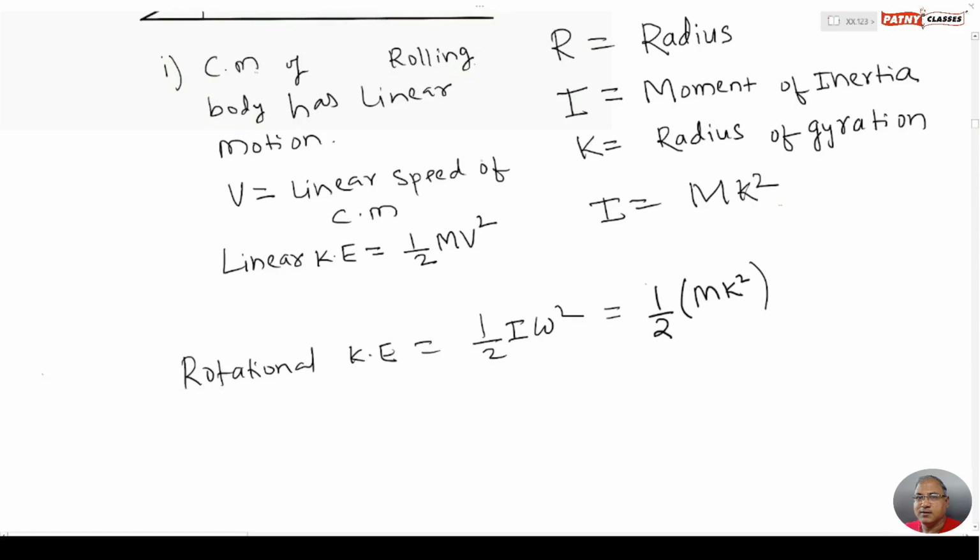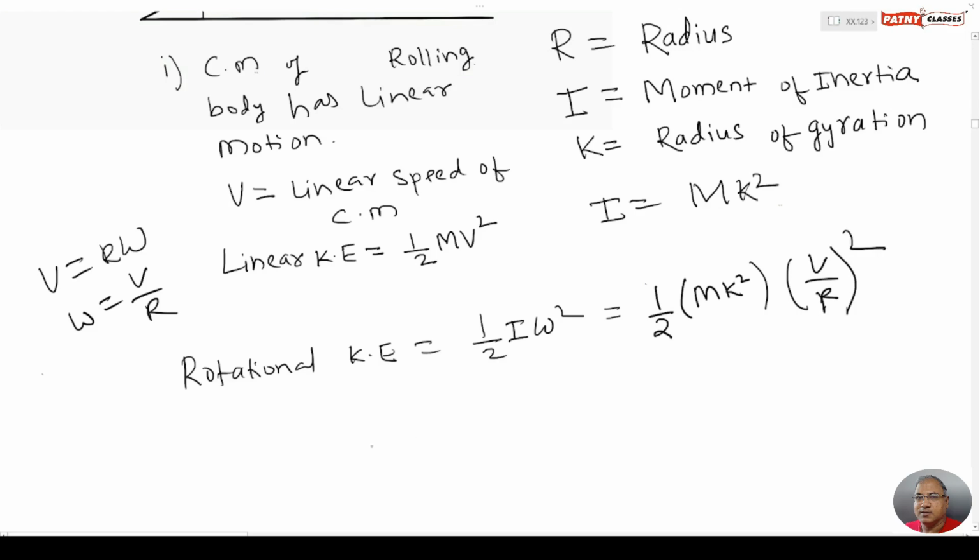Suppose v is the linear speed of the center of mass, then the linear kinetic energy is given by half mv square, and it is rolling down, so it is a rotational motion. When there is a rotational motion, there has to be rotational kinetic energy. So rotational kinetic energy is half I omega square, and I equals mk square, and we know that v equals r omega. Therefore omega equals v upon r. Therefore in place of omega, I can write v upon r